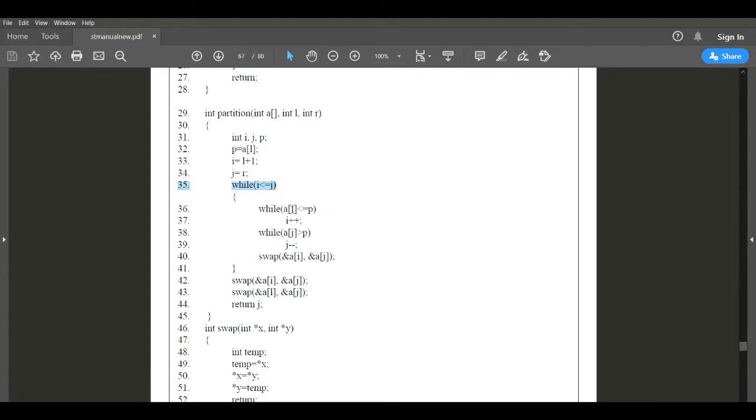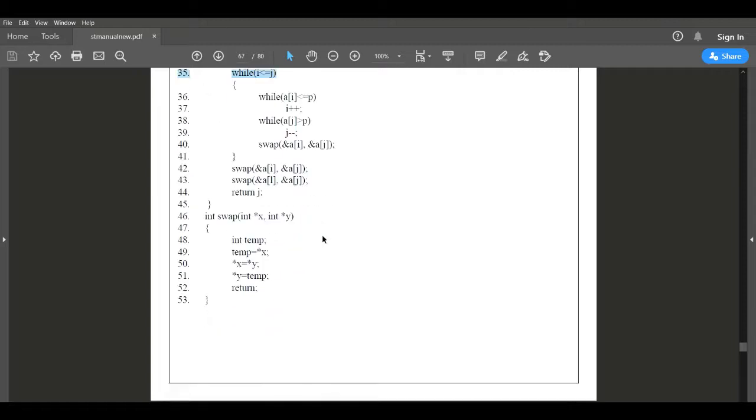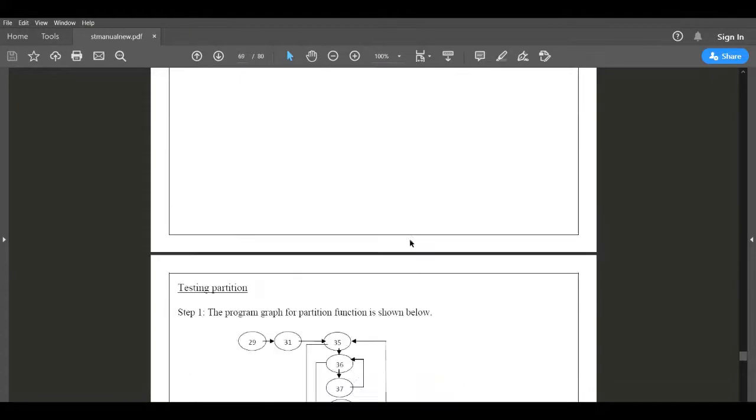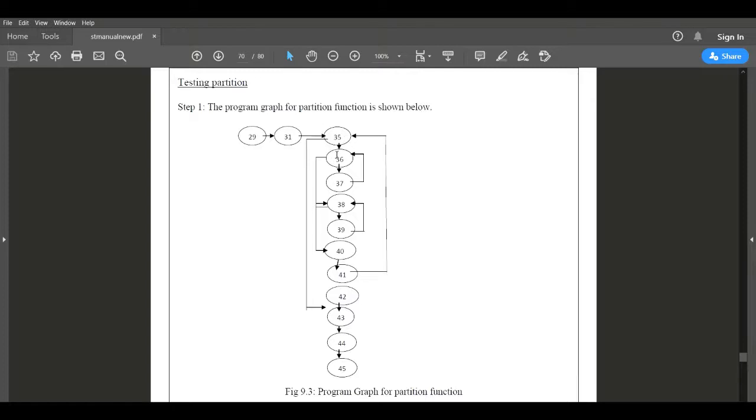Okay, so inside the program, if line number 35 is true, then I need to execute 36. 36 once again is itself a looping statement, and if the condition is true, then I need to do i++. If 36 is true, then 37 will execute. If 36 itself is false, then I need to jump to 38. Go inside the statement, 36 is a looping statement, then 37 will execute, then this loop will be continuous. If 36 becomes false, then I need to go to line number 38. See, there is no connection between 37 and 38; the control flow should come from 36 to 38.